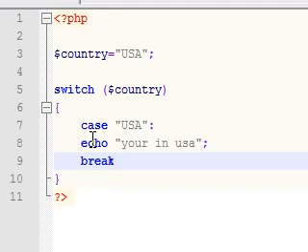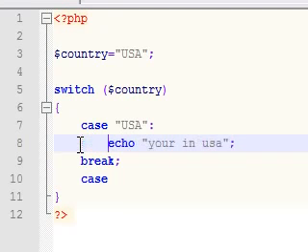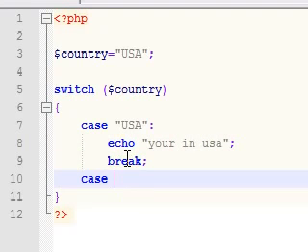And then we need to break it. What this means, well, I'll tell you guys later what break means if I don't forget. And now you give it another condition. I'll organize this so it's easier to see. Say, in the case the variable is equal to Japan, colon, of course,